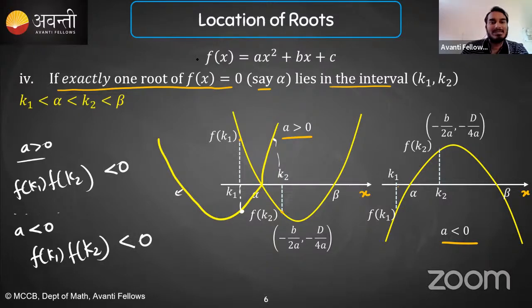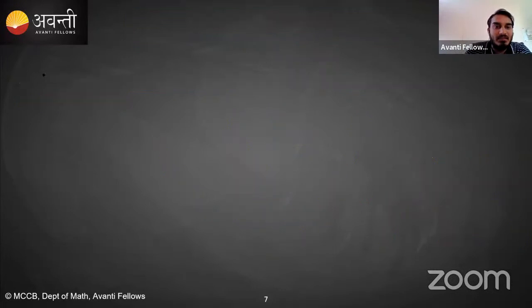Yes or no? Is this clear, everyone? So, students, when exactly one root is lying between k1 and k2, then the necessary and sufficient condition is